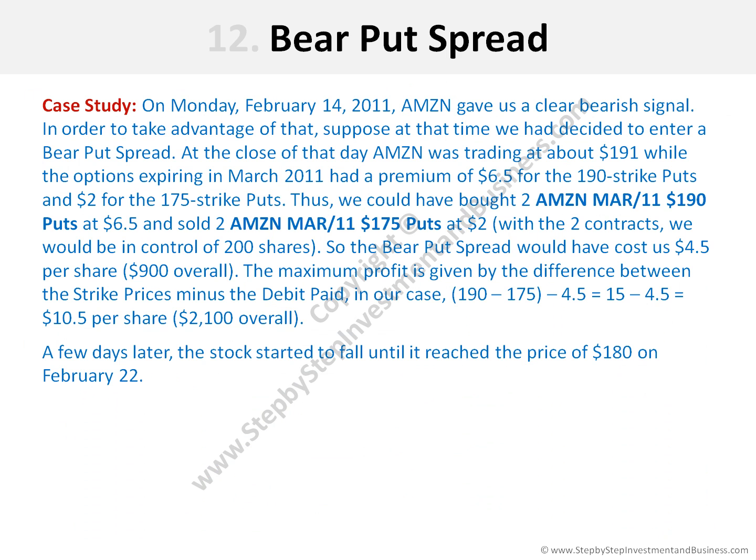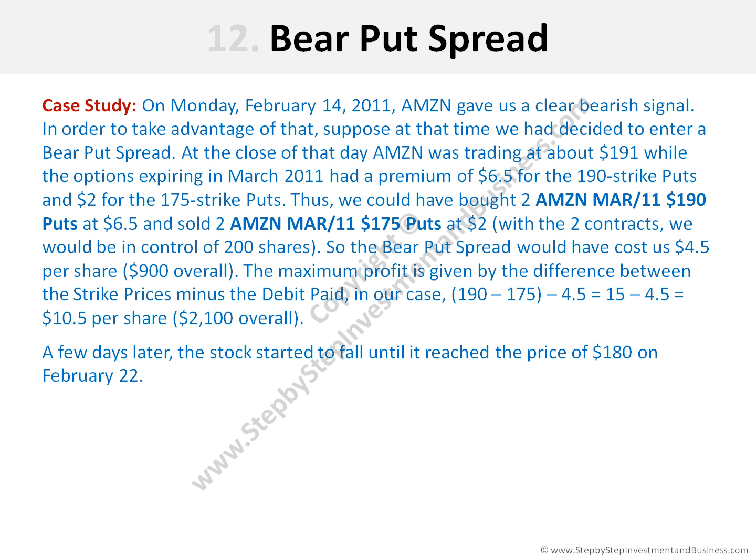As we said, on Monday, February 14, 2011, Amazon gave us a clear bearish signal. In order to take advantage of that, suppose at that time we had decided to enter a bear put spread. At the close of that day, Amazon was trading at about $191, while the options expiring in March 2011 had a premium of $6.5 for the 190 strike puts and $2 for